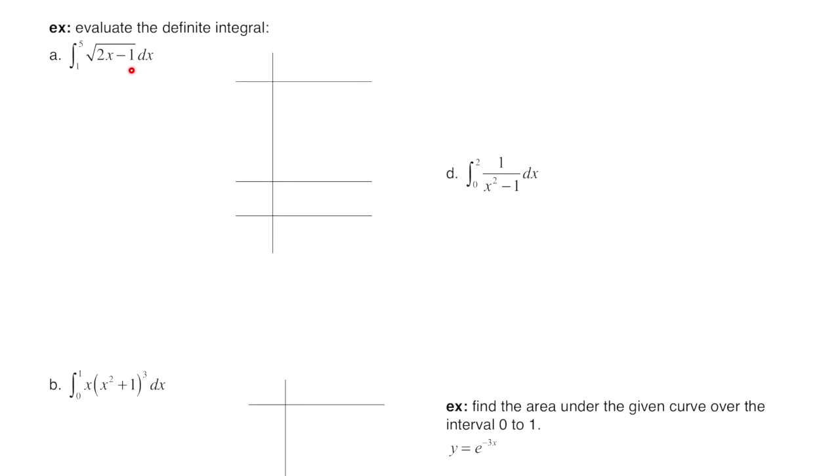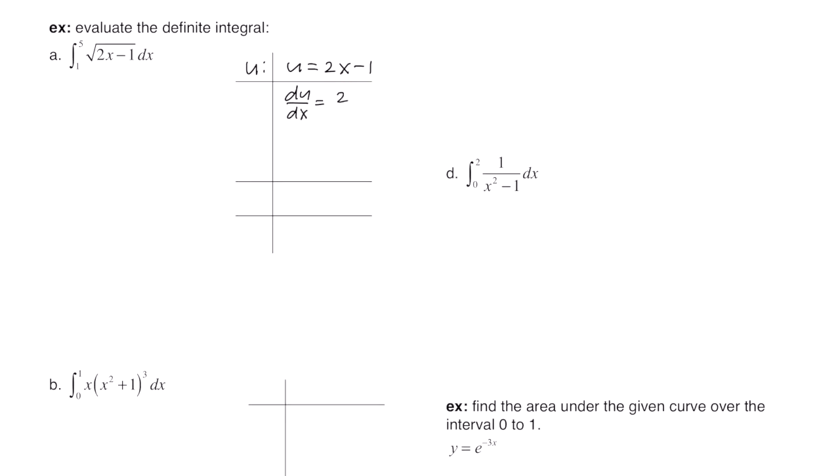So again, when you have a composition of functions, in order to integrate, we're going to use the substitution rule. In order to do so, we're going to identify u. So u is the inside function. So in this problem, u equals 2x minus 1. Next, we're going to take the derivative of this implicitly with respect to x. The derivative of u is 1, but then we times by du dx. Over here, the derivative with respect to x is just 2.